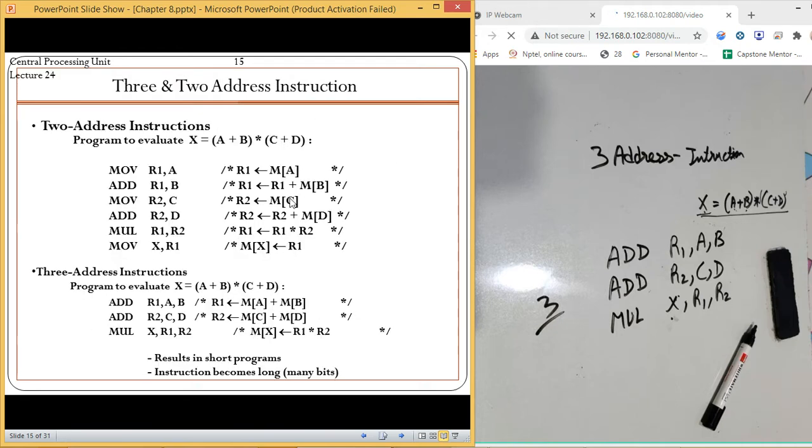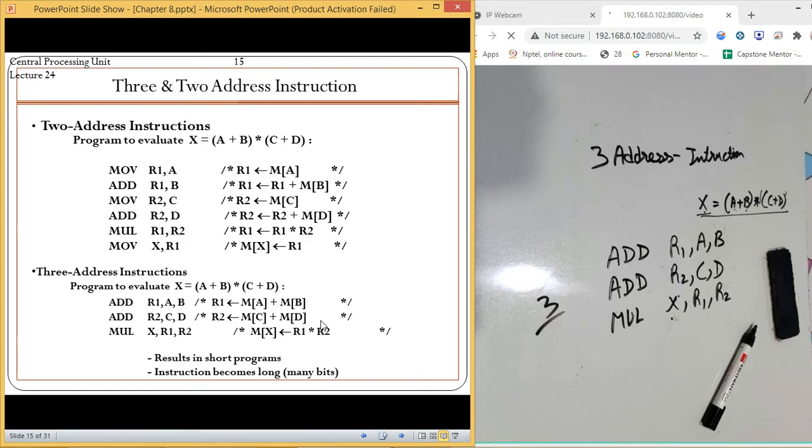At this place also we are having one access, but in the three address instruction, we are having two memory accesses. So it is going to take longer time. So as the address instructions are increasing, like in three address instruction, complexity will be more and the length of the program will be short.